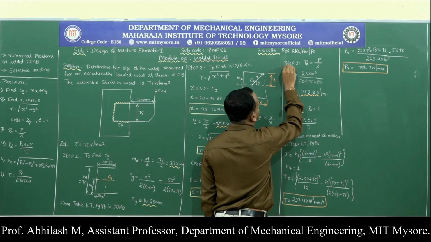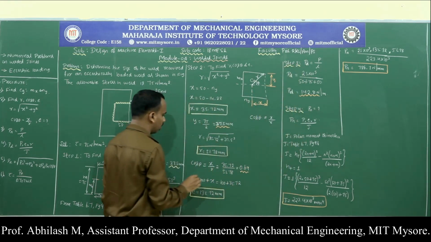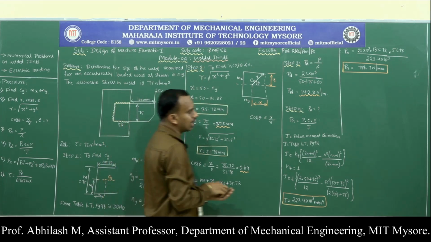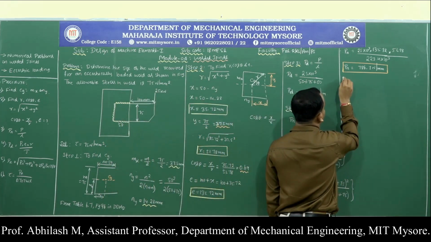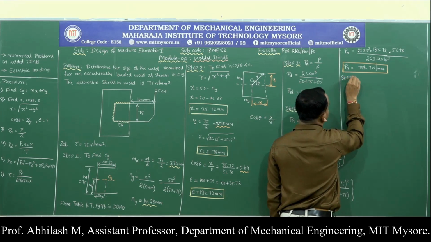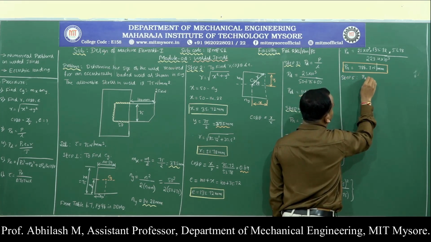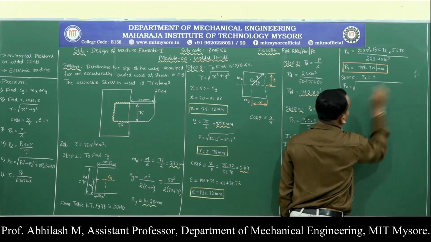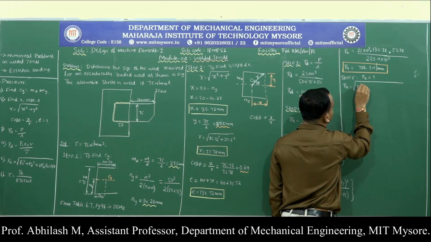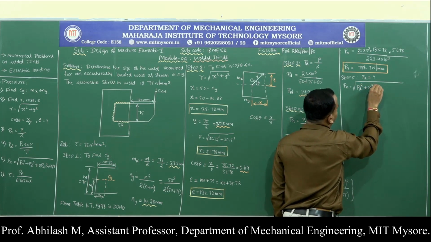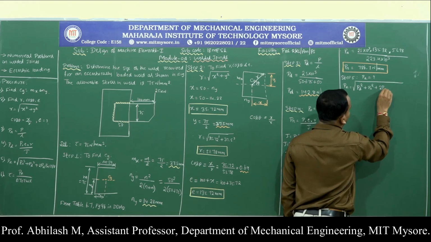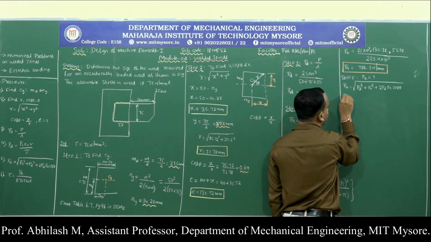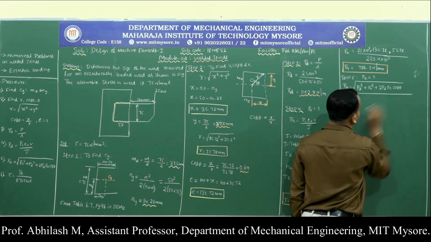Step 5 was to calculate the resultant load, that is PR, which becomes essential for us in order to calculate the length of the weld or the size of the weld. So step 5, the resultant load. PR will be equal to square root of PD square plus PN square plus 2 times of PD PN cos theta. Do I know all the relations? Yes, I know all the values.